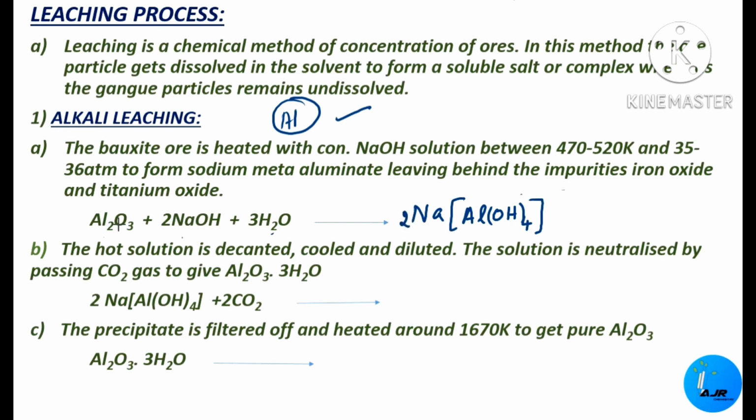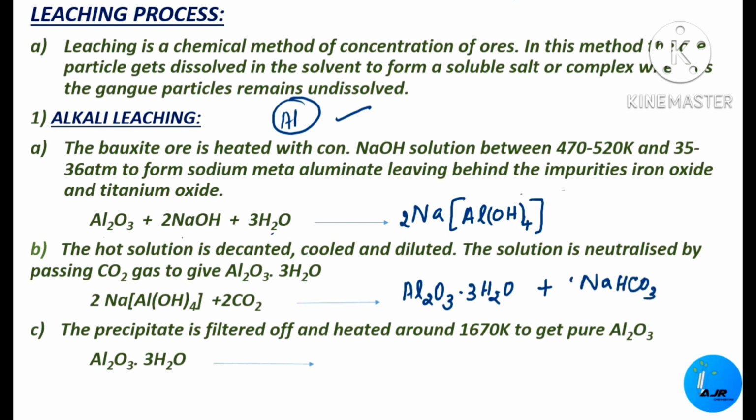Okay. So now what happens is this hot solution, because the temperature we are maintaining is 470 to 520 Kelvin, is decanted, cooled and diluted. Now this solution is neutralized by passing carbon dioxide gas. So the sodium meta-aluminate is neutralized by passing carbon dioxide, and it forms Al2O3.3H2O plus